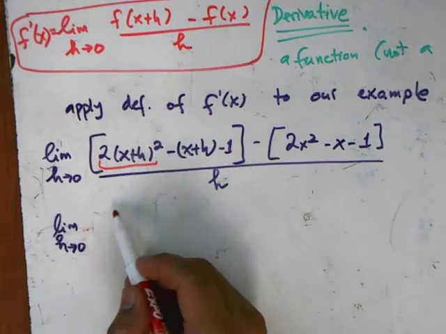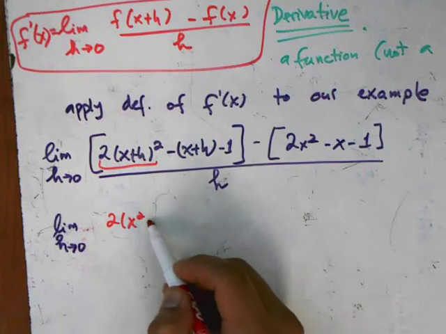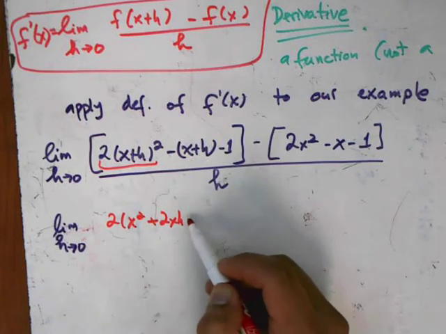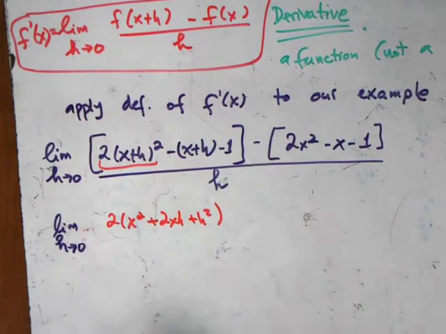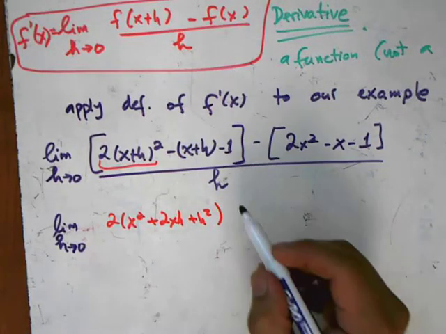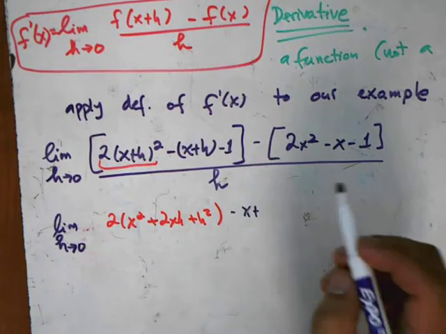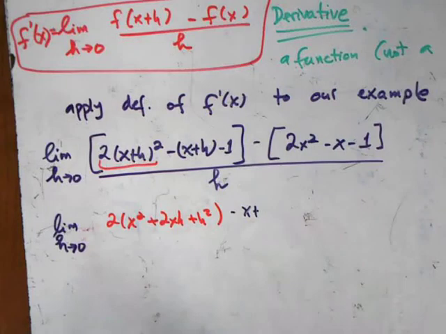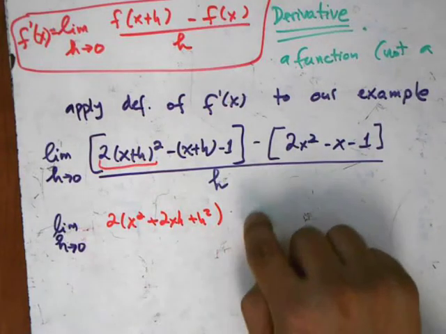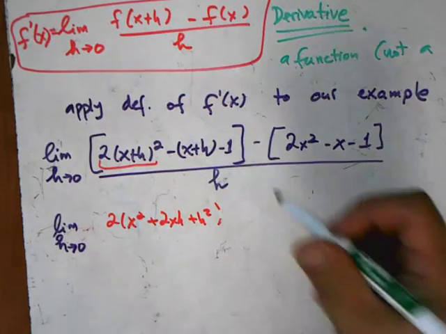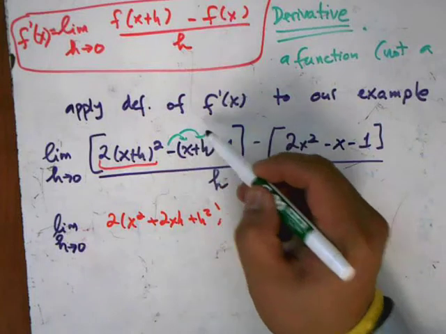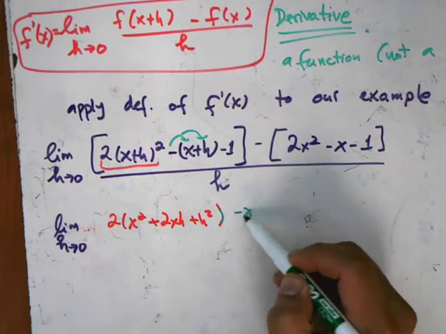This part here is just 2 times x squared plus 2xh plus h squared minus x plus, I'm going to distribute this negative sign here. I'll use a different color to make life slightly easier. So we're going to distribute this negative sign here, minus x minus h